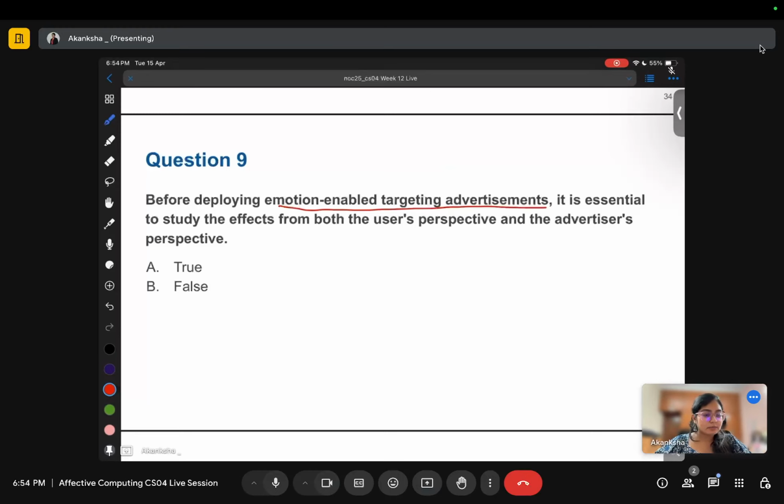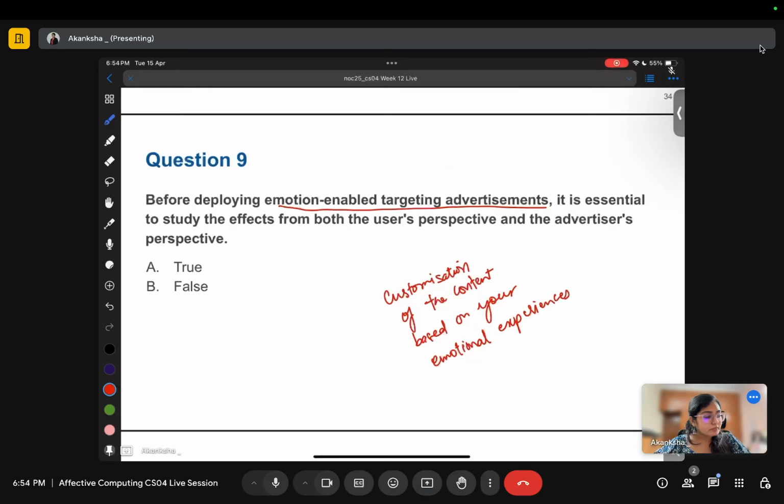It is customization of the content based on your emotional experiences with the agent, your past emotional experiences.